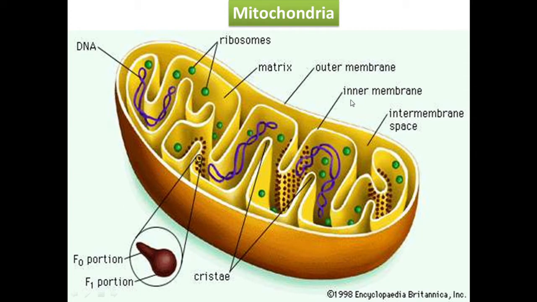As you can see, the structure of mitochondria is not very simple. It has an outer membrane, then an inner membrane which is in folded form. It has its own DNA. The space between the outer and inner membrane is known as the intermembrane space or perimitochondrial space. The inner membrane also has some particles known as F0-F1 particles, and there are 70S type ribosomes. This is the general structure of mitochondria. Now we will see everything about mitochondria in detail.